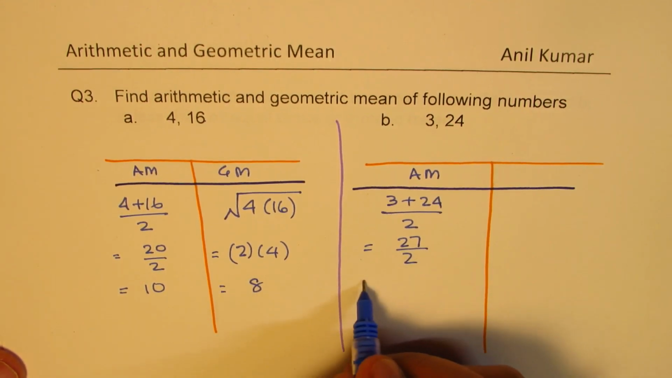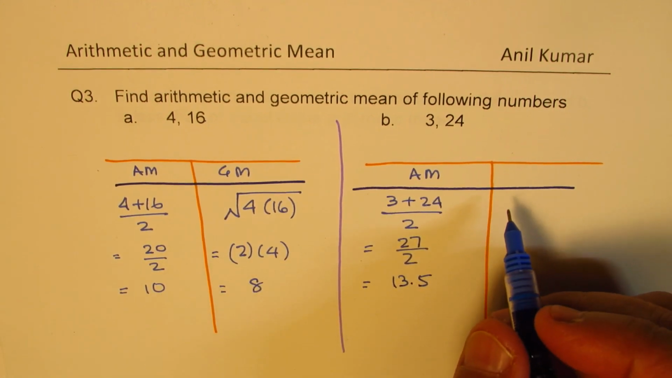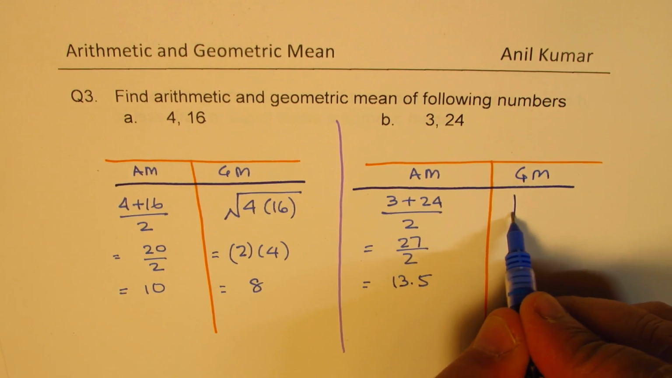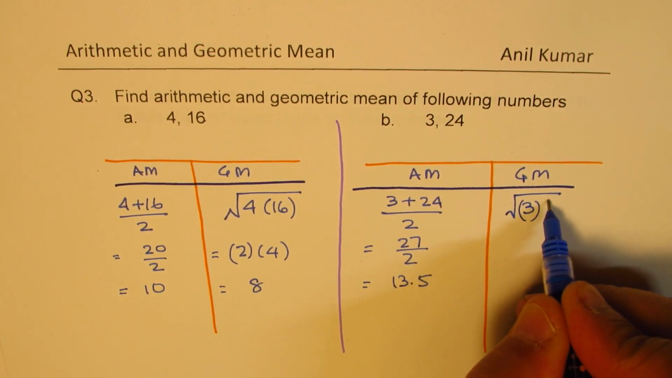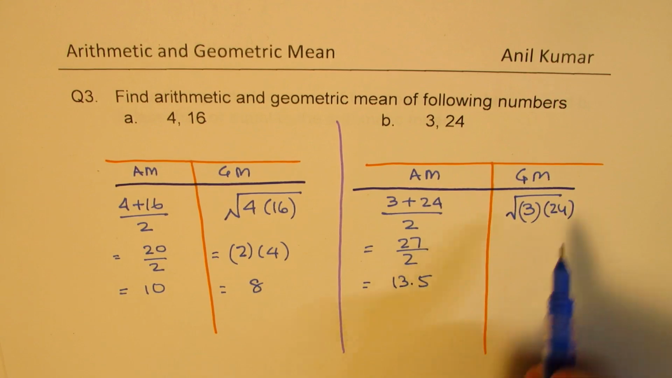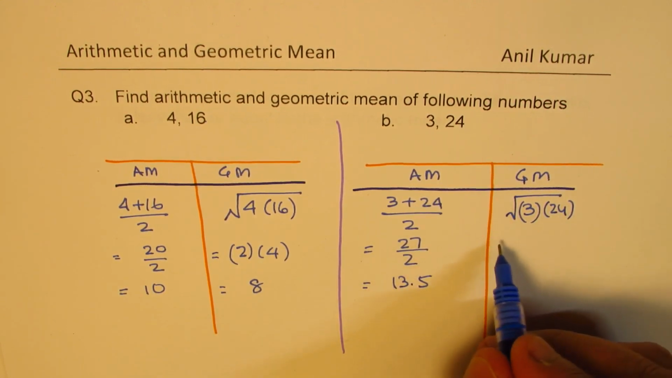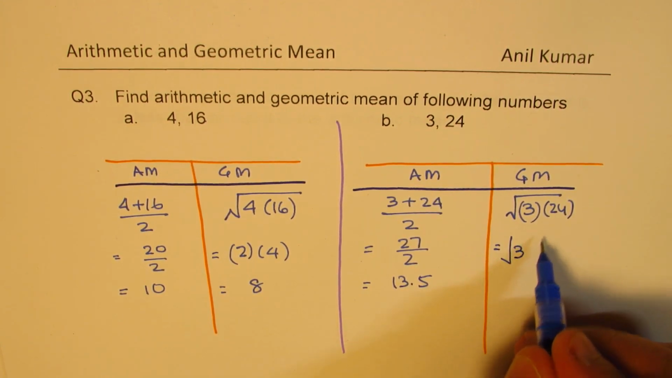So 26 would have been 13, so this is 13.5. Now to get the geometric mean, we need to just multiply them and take the square root since we have two numbers here. So 3 times 24, square root. Okay, so 24 is 3 times 8. So we could write this as 3 times